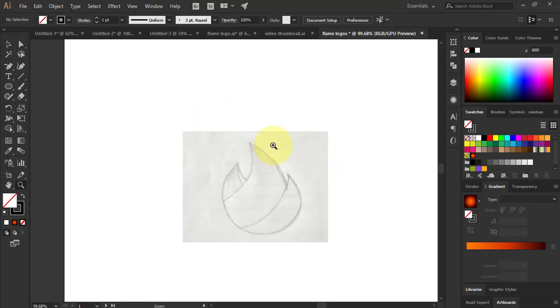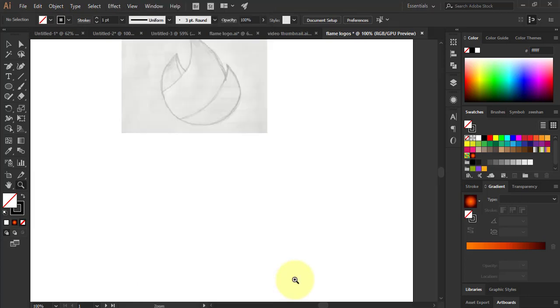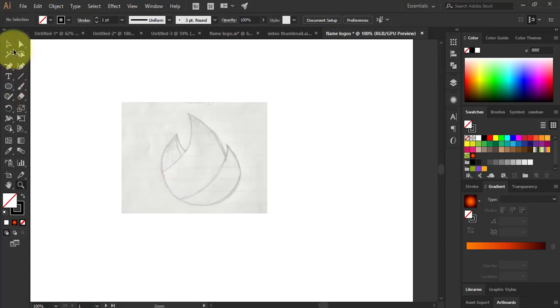Once you have done this, be sure to check that your smart guides are on. Snap to pixel and snap to point are also on. This will help you a lot while making this logo. Once you have done this, I'll just be using a basic shape, that is the circle. I'll not be using any kind of tool like pen tool to make this logo, because pen tool might be